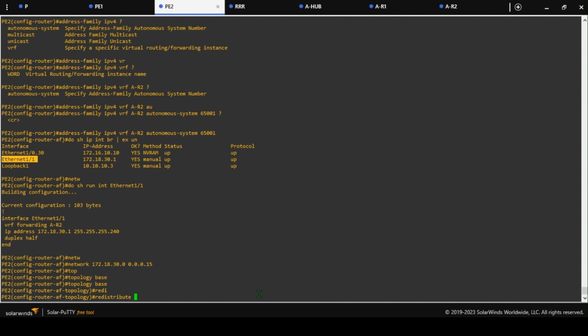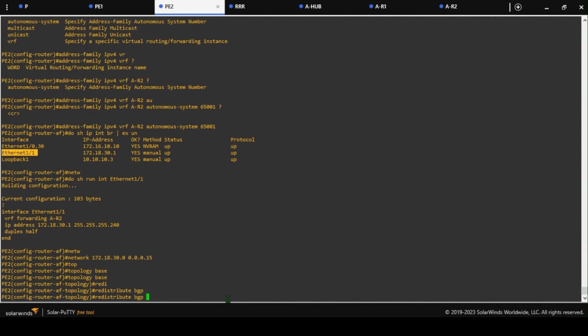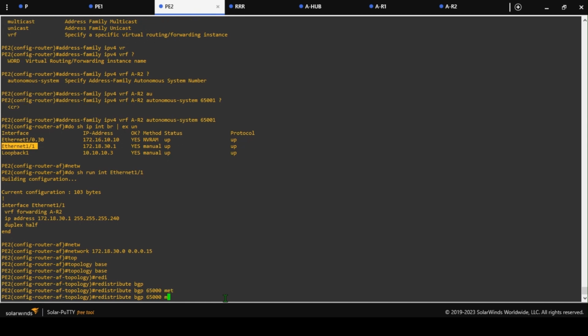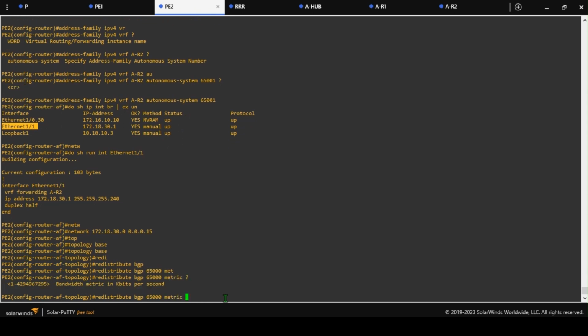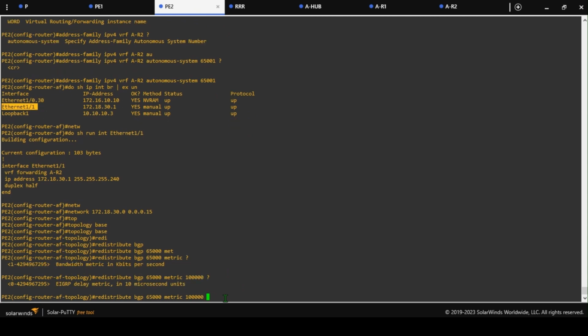So I'll redistribute BGP because it might cause recursive routing. Redistribute BGP 65,000 with the metric of the bandwidth 100,000, 100,000 fast internet,